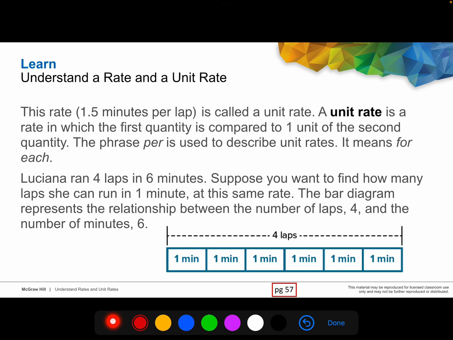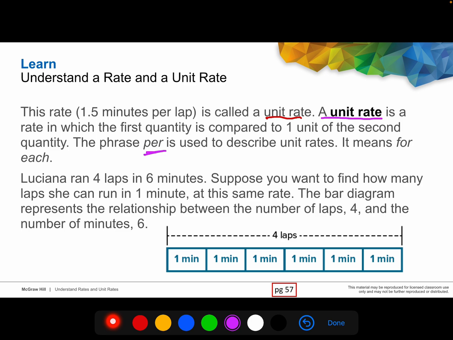Now this rate, 1.5 minutes per lap, is called a unit rate. In other words, a unit rate is a rate in which the first quantity is compared to 1 unit of the second quantity. The phrase per is used to describe unit rates. It means for each. So in this case, Luciana ran 4 laps in 6 minutes. But if you want to find out how many laps she can run in 1 minute at this same rate,